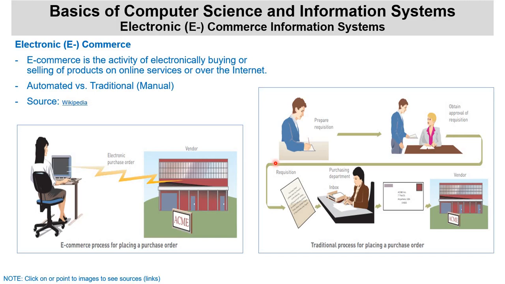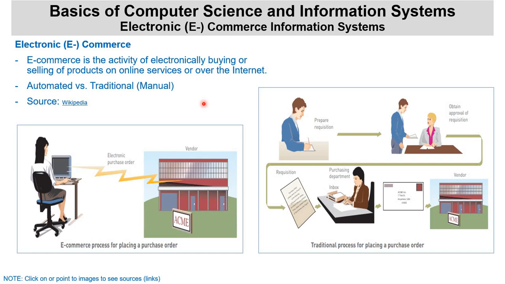We will continue in this module 3 with the types of information systems, and in this video we'll be looking basically at two more types of information systems, which are e-commerce and m-commerce. E-commerce, the electronic commerce information system, is simply the activity of electronically buying or selling products or services online. So when you're purchasing things online, or you want to do things over the internet without having to do it in the traditional way,